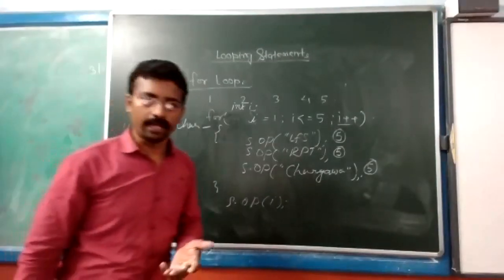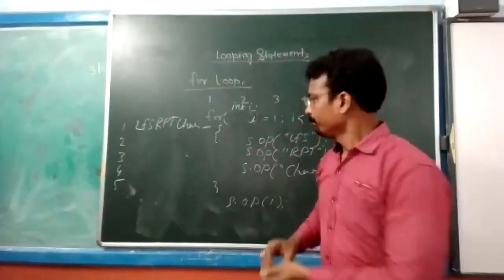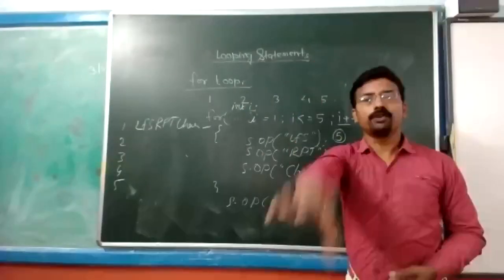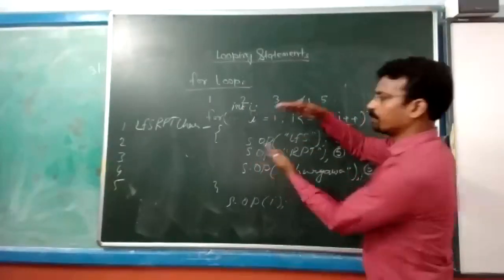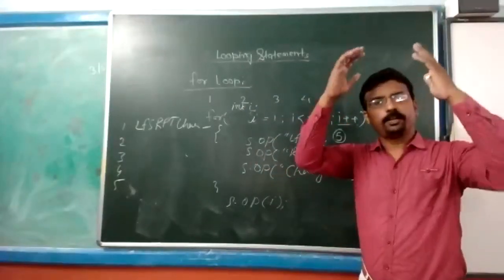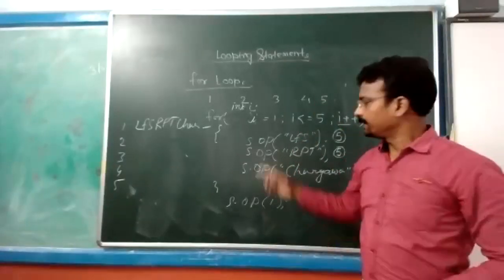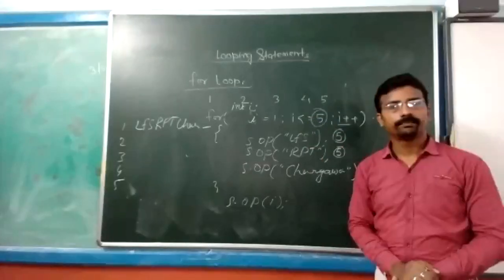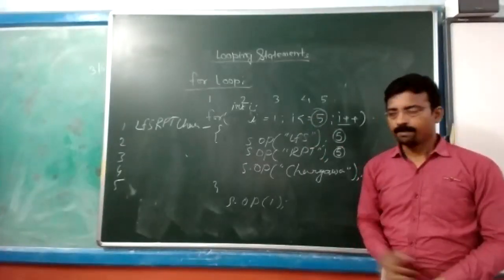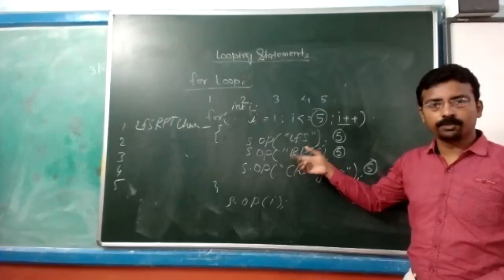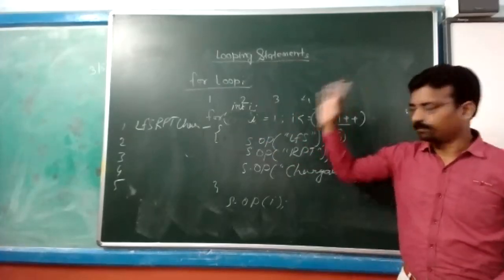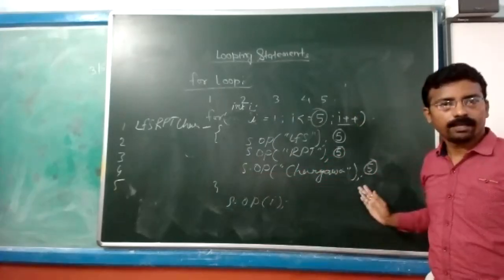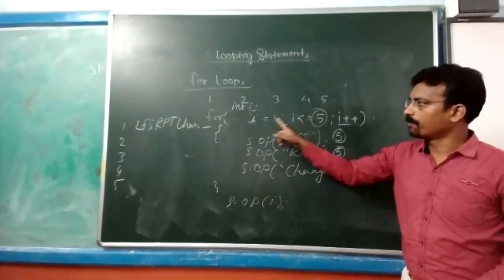So what I mean to tell is, this is called the for loop block. Anything you write, a complete program, a set of statements, they will execute how many times? Till the end of the loop. Got it? The total execution will be these statements this much time, from here to here.